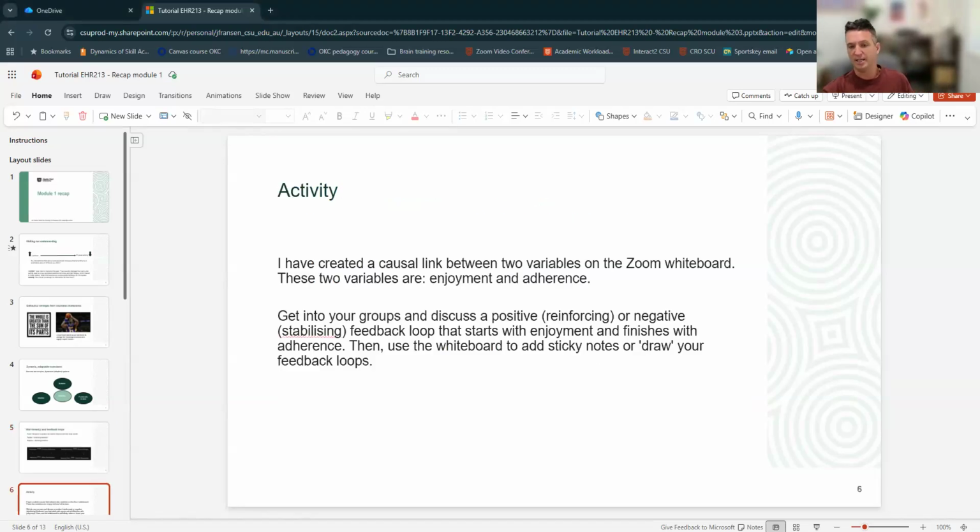So what I've done is I'll share the whiteboard with you in a second, but you'll see I've done something really simple. I've created two variables. One is enjoyment, which is on the left-hand side of the screen, and then adherence on the right-hand side of the screen. So what I'll do is I'll send you away for a little second,